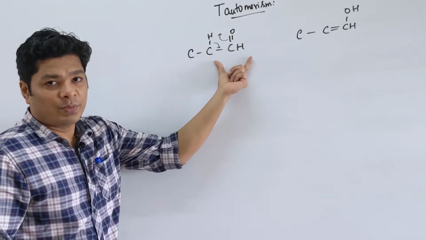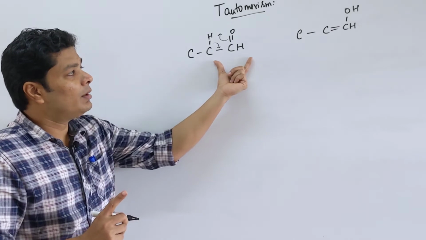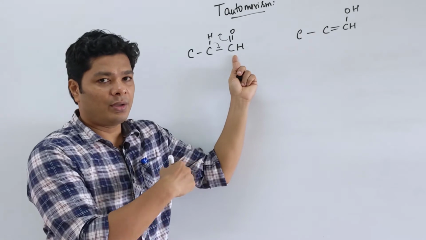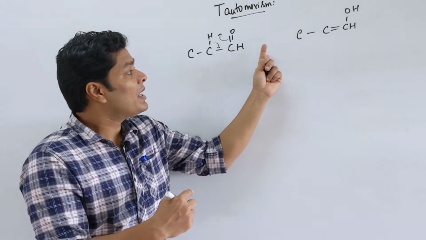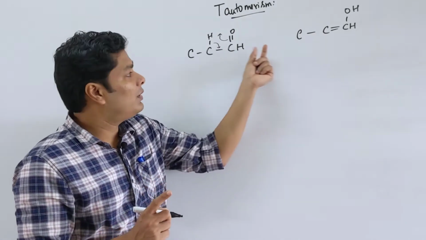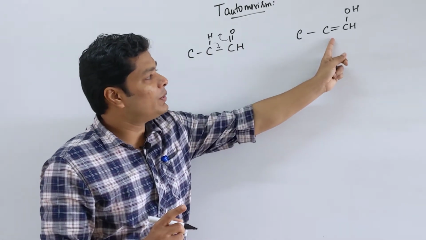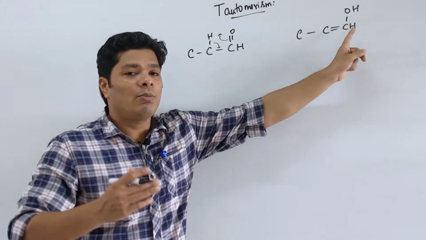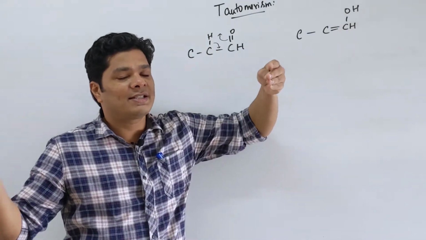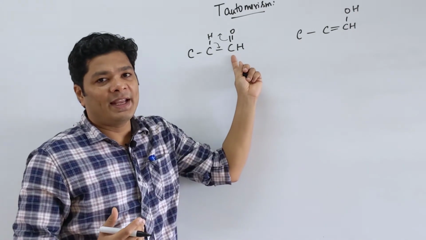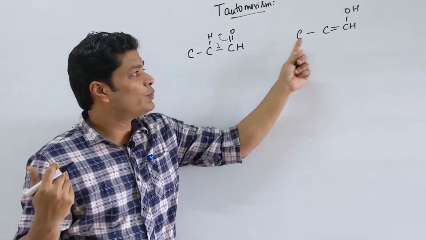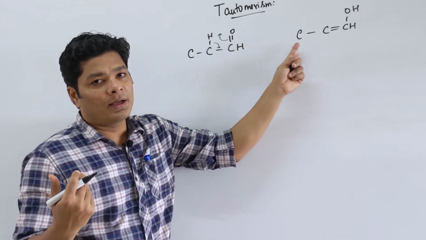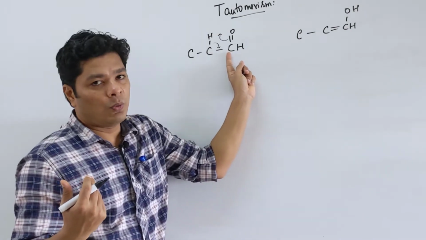They look like functional isomers, but the difference between the functional isomers of an enol and aldehyde that we just saw a couple of minutes back compared to this one is, this tautomerism is only possible when the double bond and the OH are actually right next to each other, on the same carbon. But if the double bond is somewhere else in the molecule and OH is somewhere else, they cannot shift to the corresponding aldehyde. So that becomes a functional isomer of an aldehyde. These two are not functional isomers, these are tautomers when they can shift the hydrogen that is alpha in position to the C double bond O.